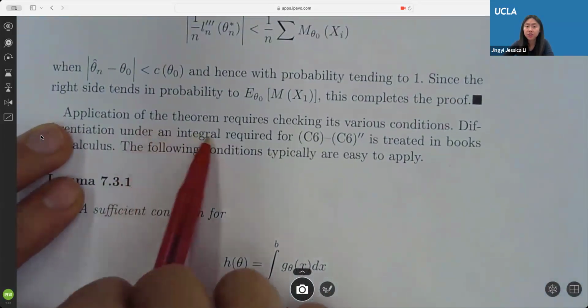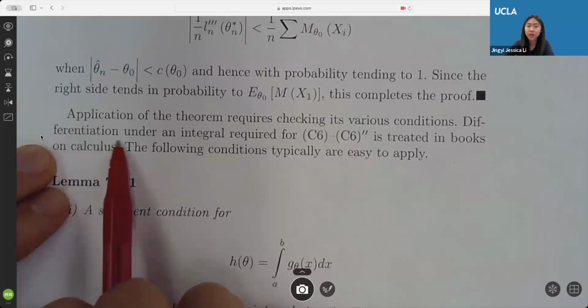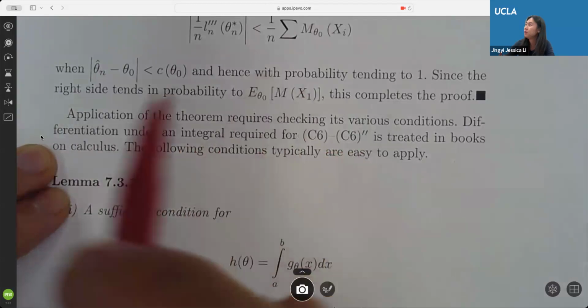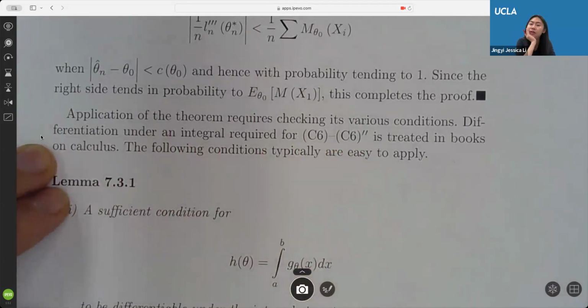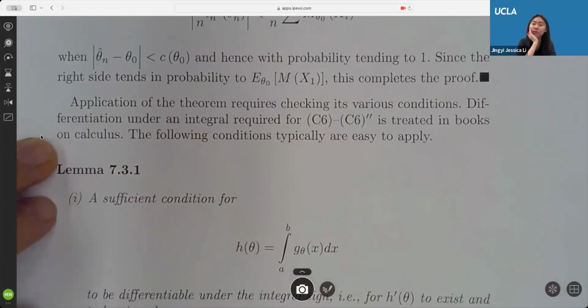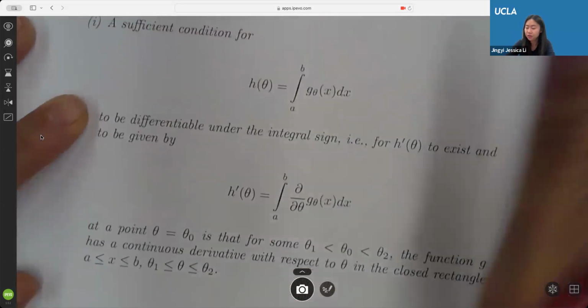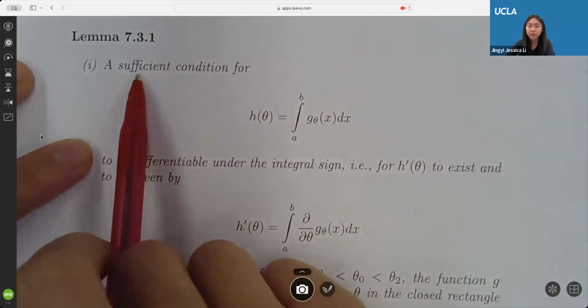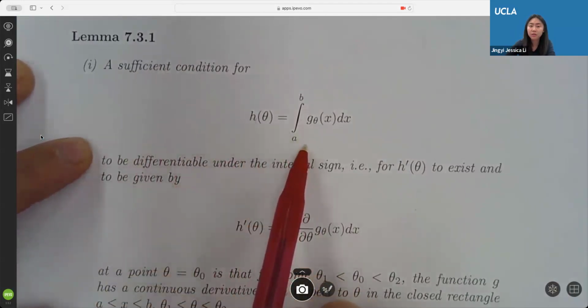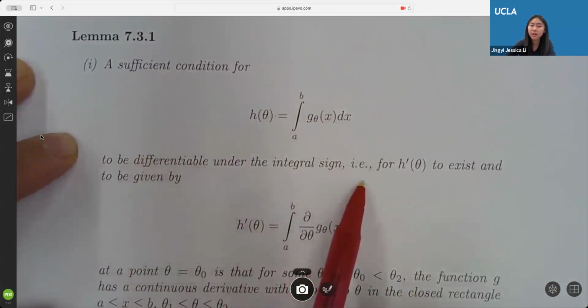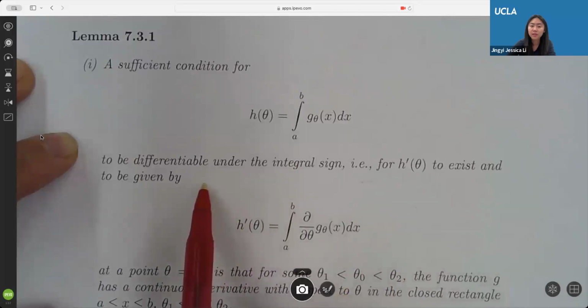Application of the theorem requires checking its various conditions. Differentiation under an integral, required for C6 and C6 double prime, is about the exchangeability of integration and differentiation. It's treated in books on calculus. The following conditions typically are easy to apply. A sufficient condition for h(theta) equals the integral of g(theta, x) dx from a to b to be differentiable under the integral sign, for h prime theta to exist and be given by